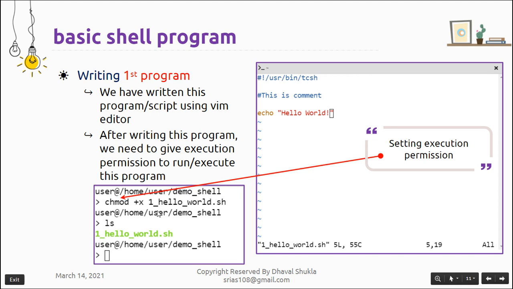You can see the color is now highlighted in green, which means this file is now an executable script. We are already familiar with this from the Linux module, on how to set permissions, so you can visit the Linux course video session, which I will give in the description of this video.